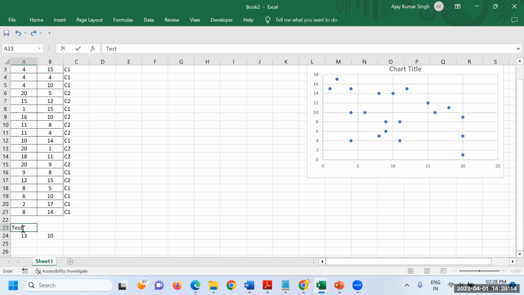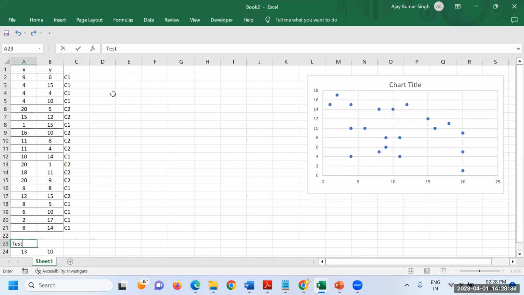Yes, now what I'm going to do, I'm going to calculate all the points from here to this place, from here to this place. This test data, along with all the points, are going to be calculated. All the distances are going to be calculated, so that I'm going to find the K number of nearest points to that particular test data. So I'm going to put a formula. So what is the formula here? We are going to write the formula.